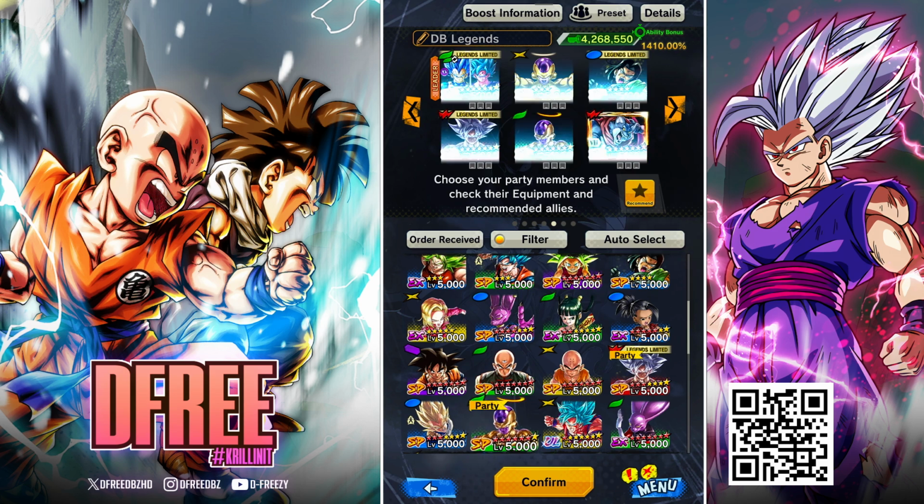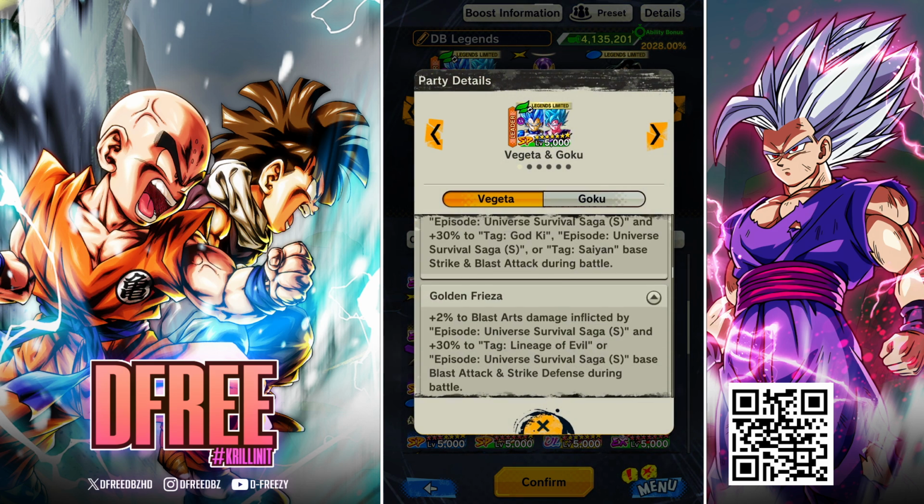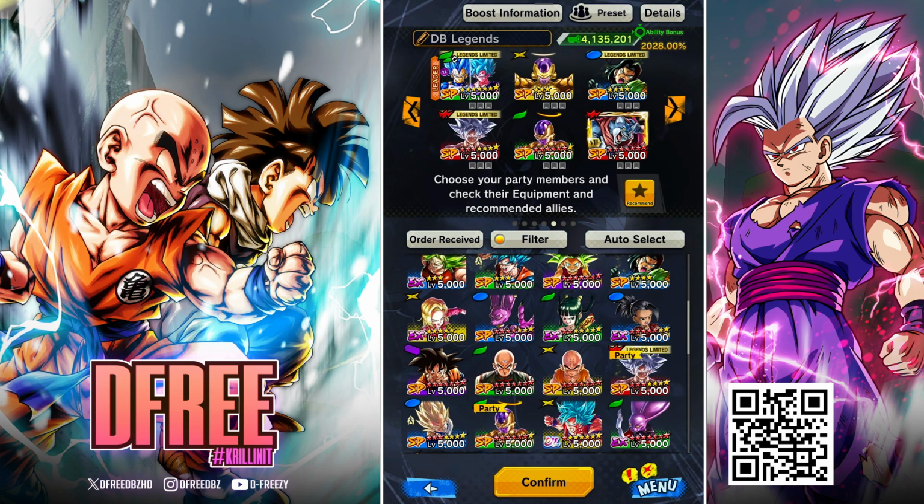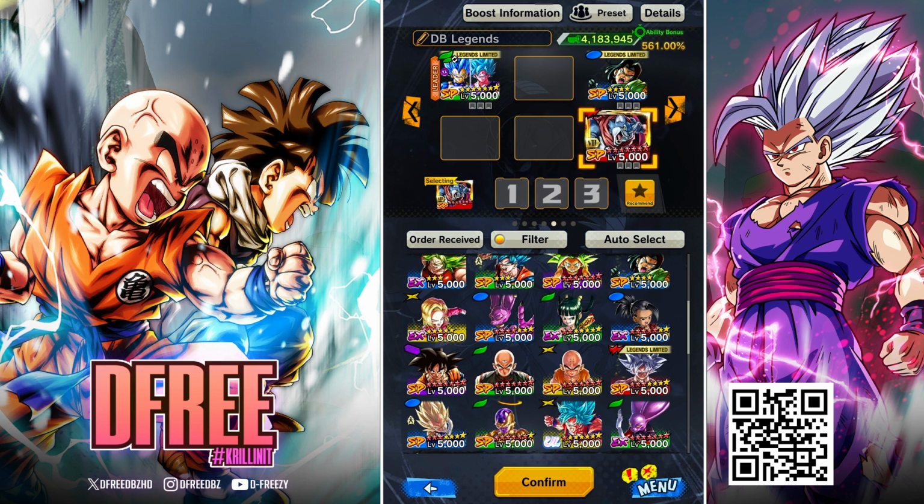But you would probably want to put somebody like this Green Frieza who applies a blast version of that, plus blast arts damage to the saga, tag, and then also the Z ability too. Does that make sense? So that's more or less what Zenkai buffing is. That's also an idea on Z abilities and synergies and things like that. So let's go ahead and build